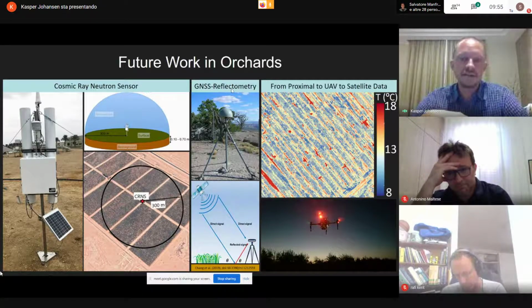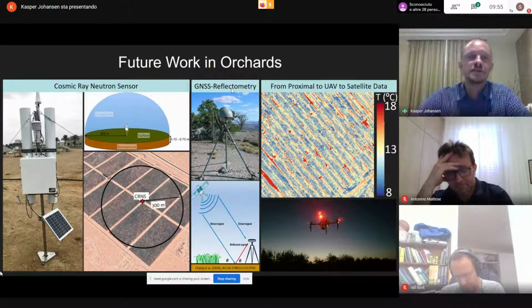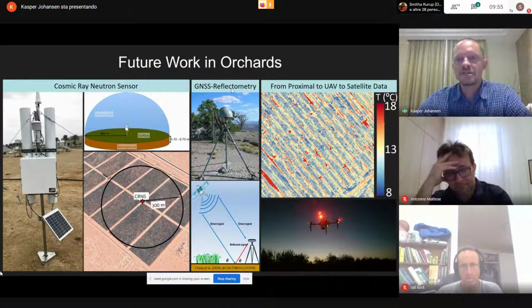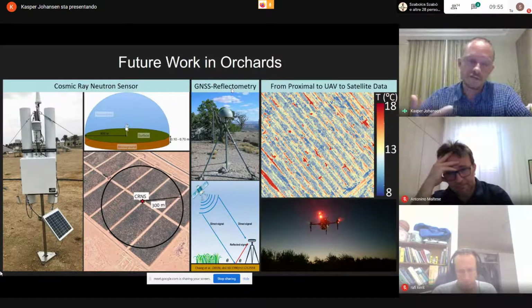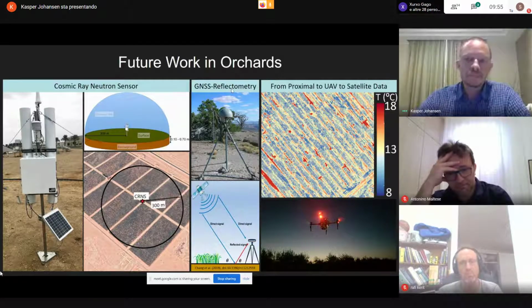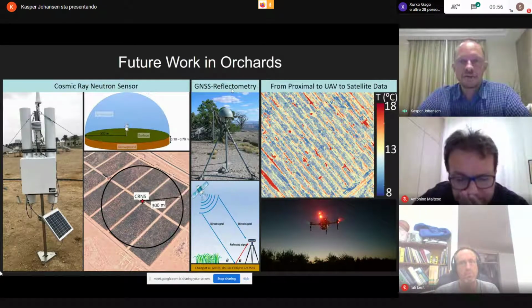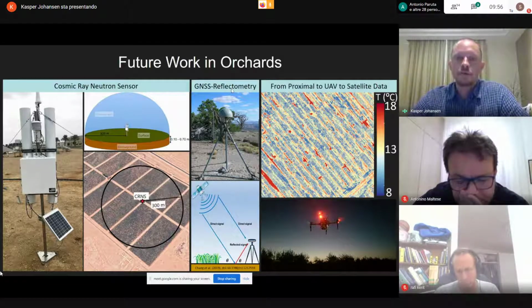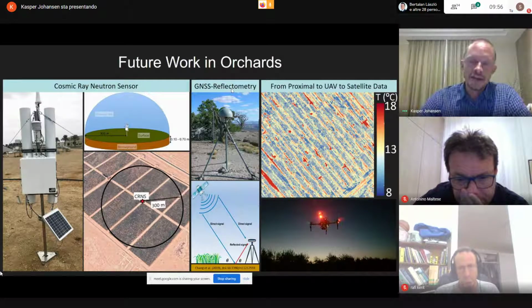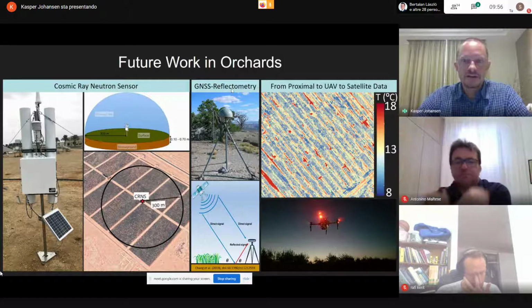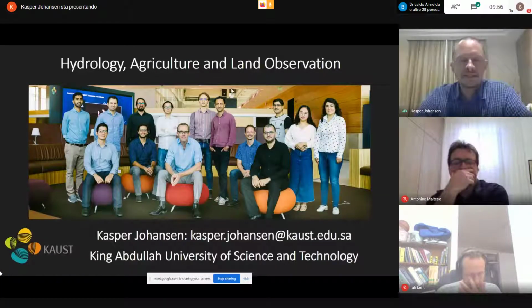But by looking at the difference in reflected signals and those incoming signals, you can start looking at not just soil moisture, but also vegetation water content and also biomass. So we'll be exploring those together with a whole range of other field-based measurements to see if we can map all of these parameters, including vegetation structure and tree yield, and both yield quality and quantity from UAV data. And we're also planning to develop an approach that can scale our UAV data up to Planet CubeSat type satellite image data. So that's pretty much an overview of the current UAV-based activities that we are undertaking